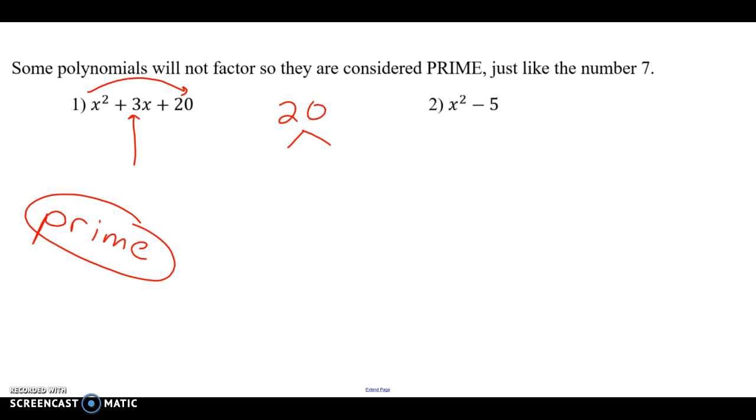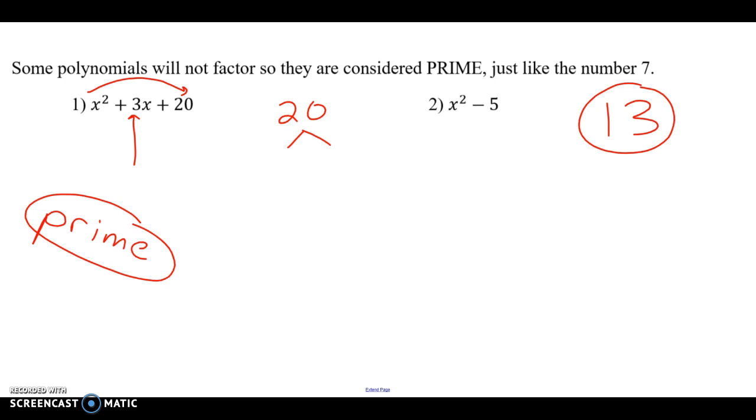Just like if I asked you to do a factor tree with 13, can you break that apart? No. So 13 is a simplified number. It can't break down any further into factors. Would you want us to put prime? You would just leave it as this. So don't write anything else. Basically, it's understanding